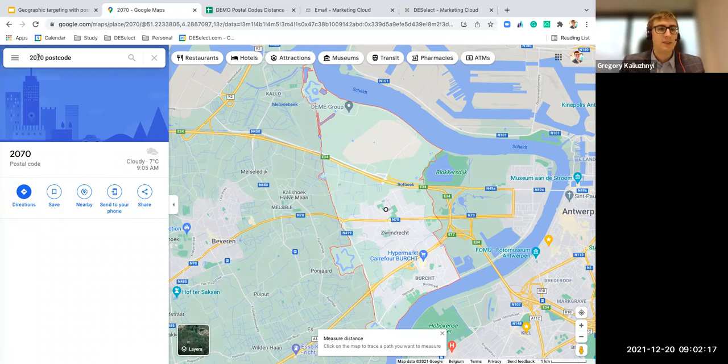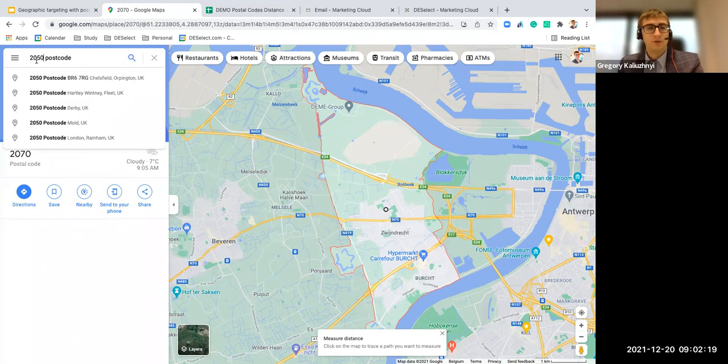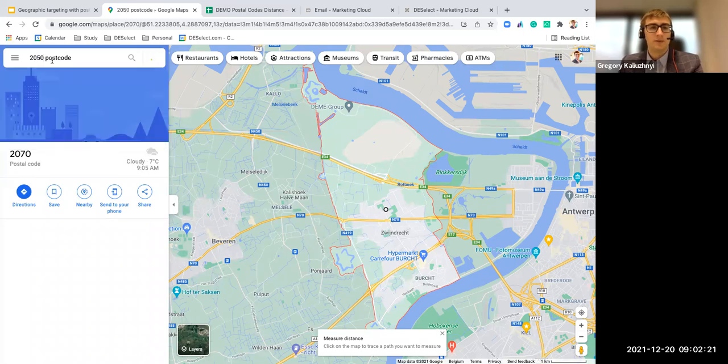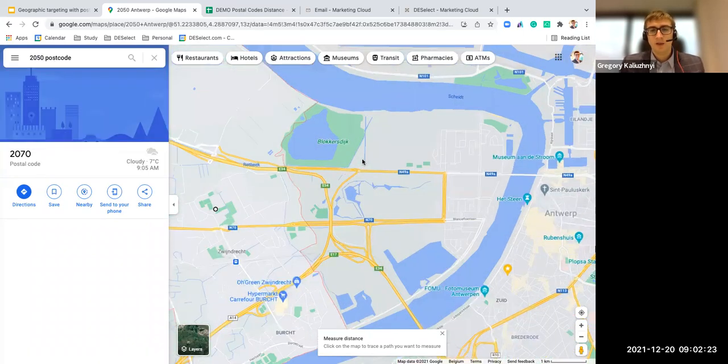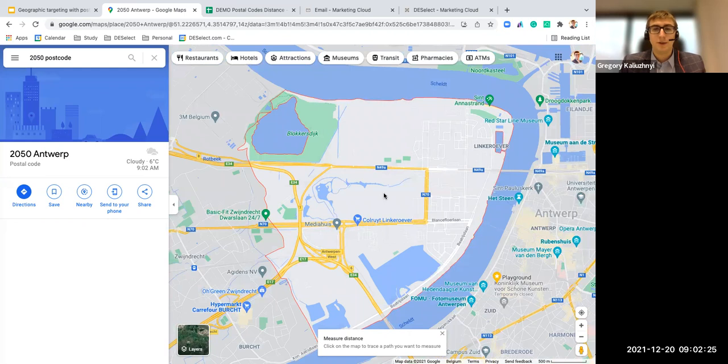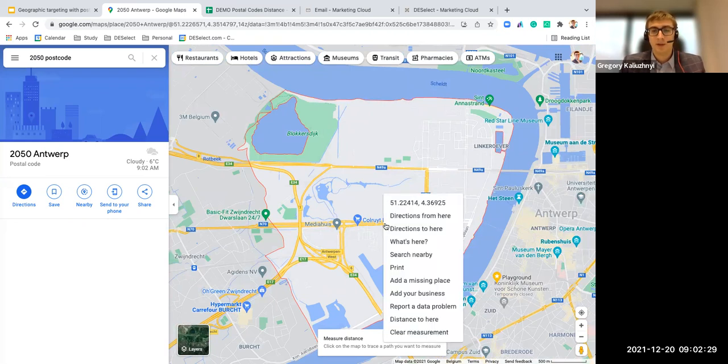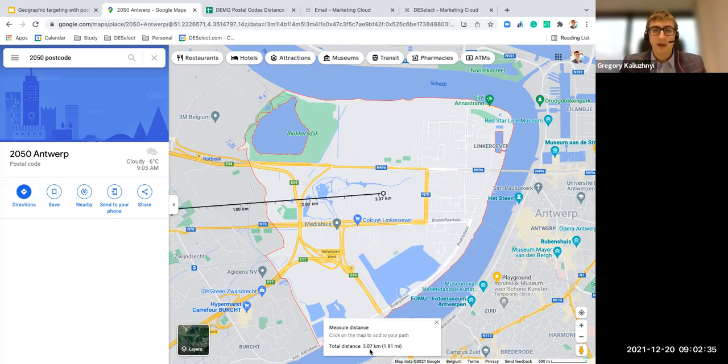The next step is, let's take another postcode, for example, 2050. And now we place another dot approximately in the center of this area. And I would do the right click and choose distance to here. And now you can see the total distance would be 3 kilometers or 1.9 miles. So you can measure distances between all of the postal codes,